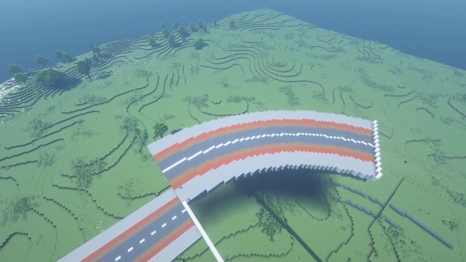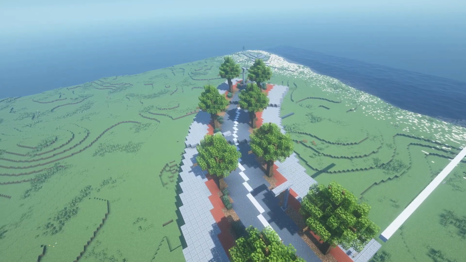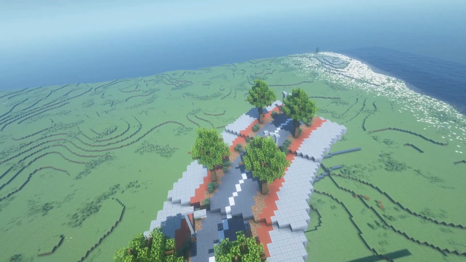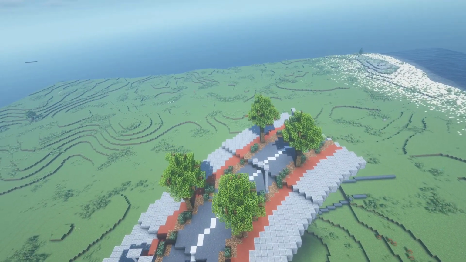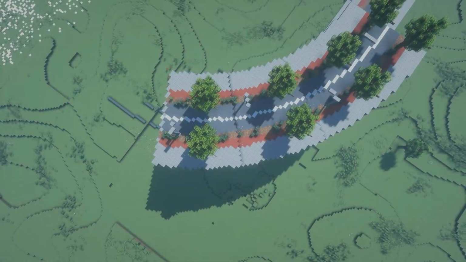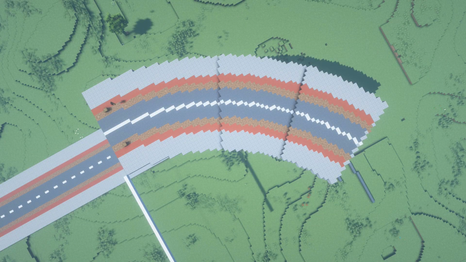This is how our road looks now. Pretty good, right? If you want to detail your curve, you also have to remember to angle your objects at the same angle as the road at that point. This looks wrong and this looks right. If the curve pattern is 1, 1, then the object should also be at 1, 1.